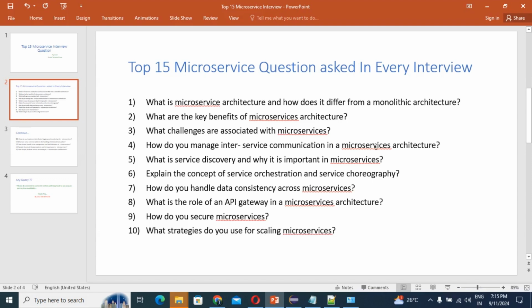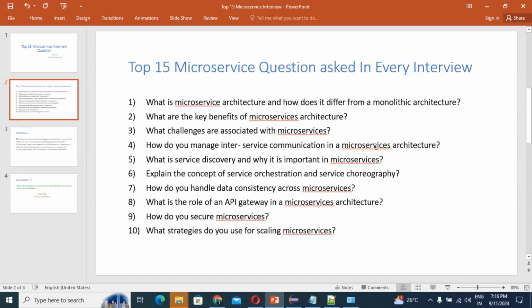Just listen carefully. It is important because it allows services to register their availability with a service registry and enables clients and other services to discover and interact with them without hard coding service location. This is crucial in a microservice architecture where services can scale dynamically and their instances can change frequently. That is the main but important point with service discovery. I hope you understood the answer clearly.